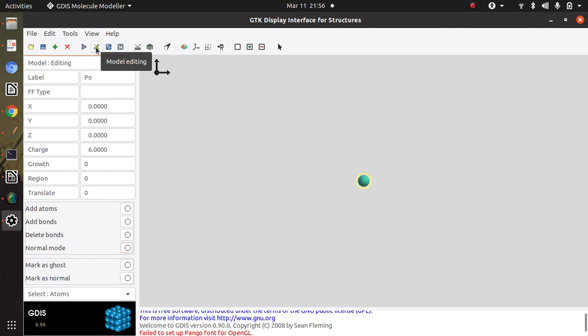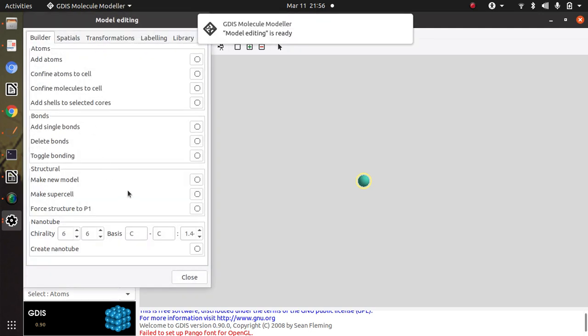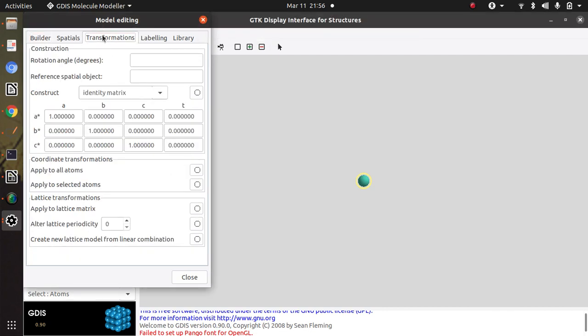So I go to model editing, then to transformation, and because the lattice constant is 3.34, I make it 3.34 here, 0 0, then again 3.34, again 3.34.